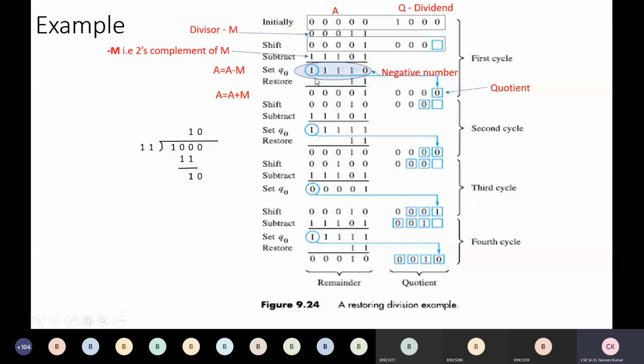A minus M చేశాను. ఇప్పుడు ఏం చేయాలి? You need to check whether it is a negative number or a positive number. అది నెగటివ్ వచ్చిన నెంబర్ నెగటివా పాజిటివా? నెగటివ్ అయితే, ఫర్ ఎగ్జాంపుల్ ప్రీవియస్ ఎగ్జాంపుల్ ఇక్కడ మనకి ఏమొచ్చింది? -11 వచ్చింది. సో ఇట్ మీన్స్ ఇట్స్ నెగటివ్ నెంబర్ అంటే మిస్టేక్ ఇస్ డన్, యూ నీడ్ టు రెస్టోర్ అండ్ గెట్ బ్యాక్ ద 2. సో ఇక్కడ ఇది నెగటివ్ నెంబర్ అని ఎలా తెలుస్తుంది? బైనరీ ఫార్మాట్ లో if MSB, ఈ సర్కిల్ చేసి మోస్ట్ సిగ్నిఫికెంట్ బిట్, if it is 1 it is a negative number, if it is 0 it is a positive number. So this is a negative number, most significant bit is 1. So obviously we can say this is a negative number.